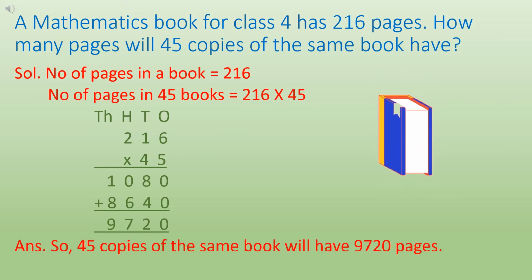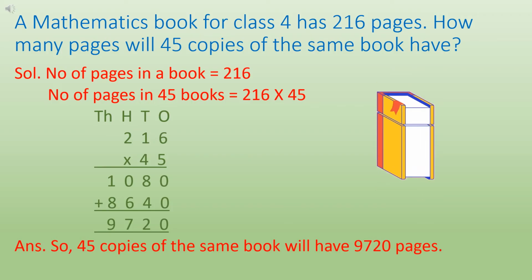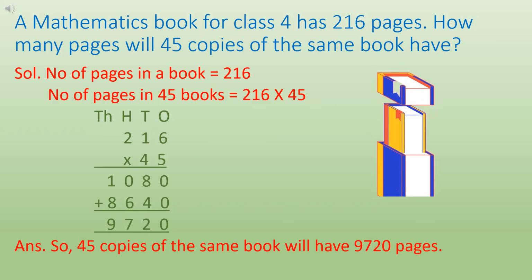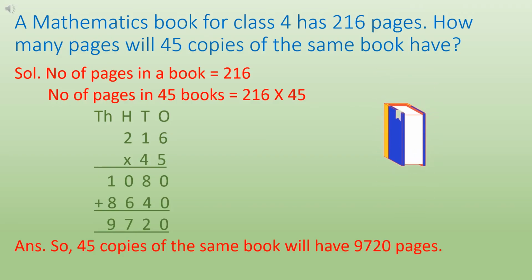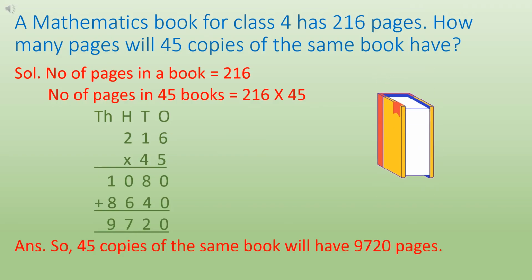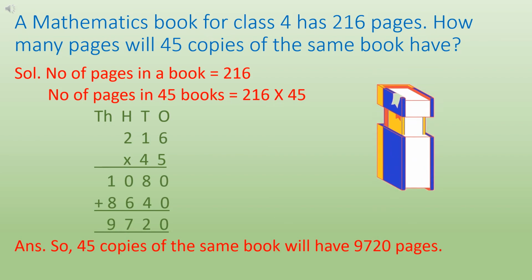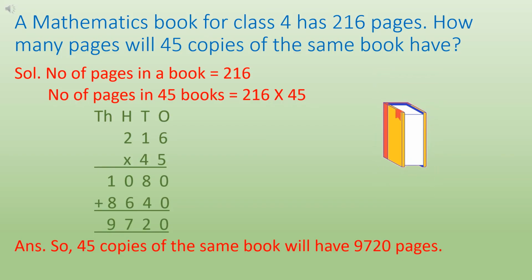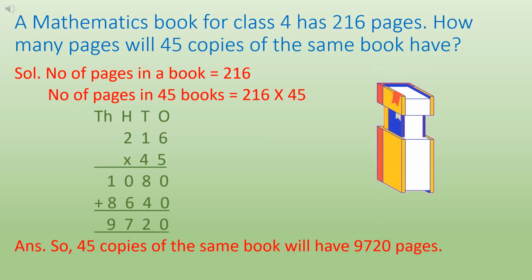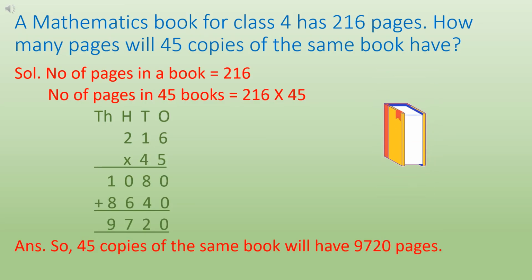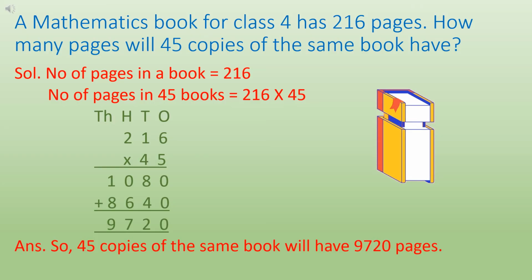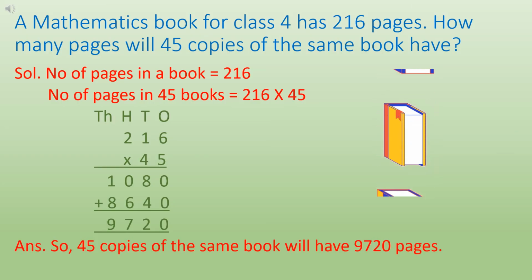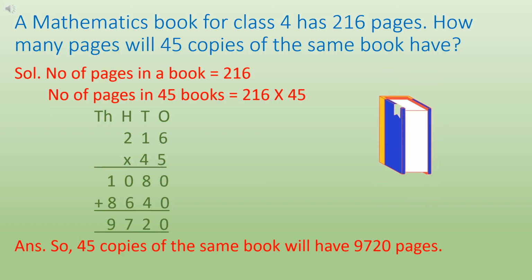दैट मीन्स अगेन वी हैव टू ऐड रिपीटेडली, and repeated addition is multiplication. So in place of adding repeatedly, we will use multiplication. But first of all, we will write all this information in very simple language. And children, as you can see, there are three numbers given. One is 4, next is 216, and the third one is 45. But 4 is class 4, and it has nothing to do with pages of the book. So we will not use 4 in our calculation.